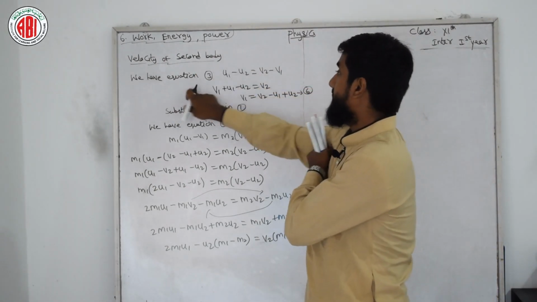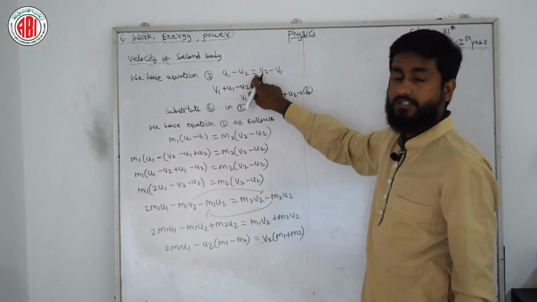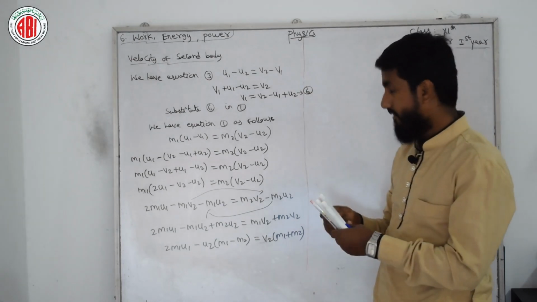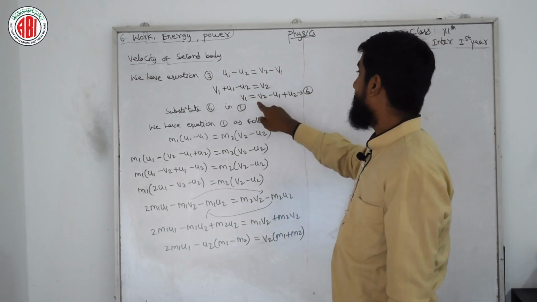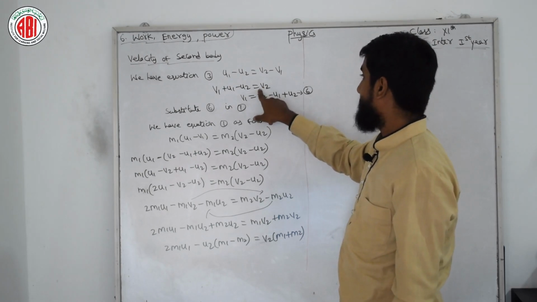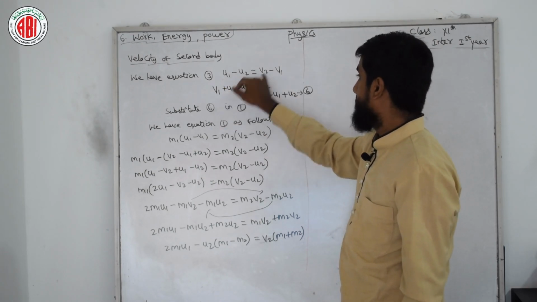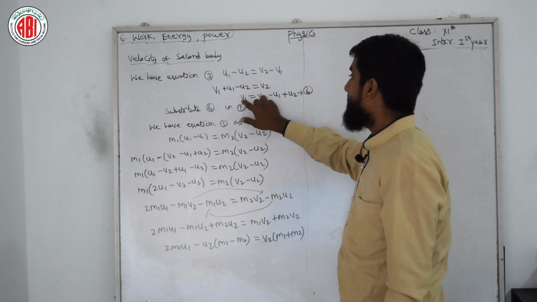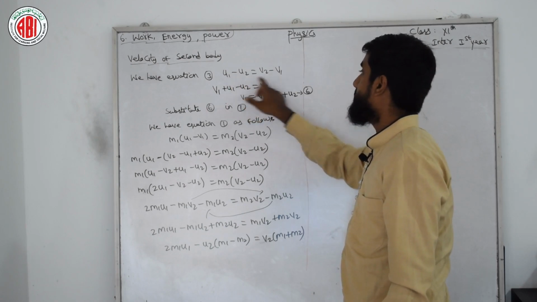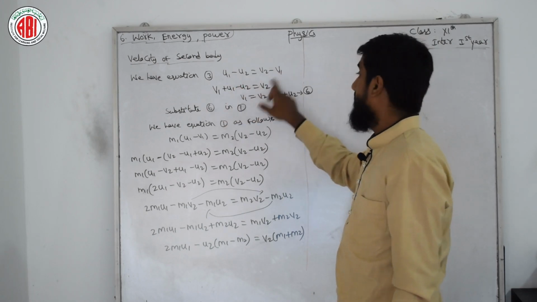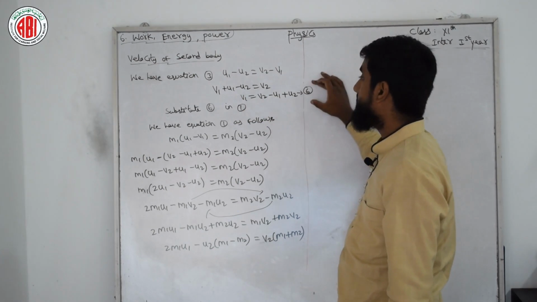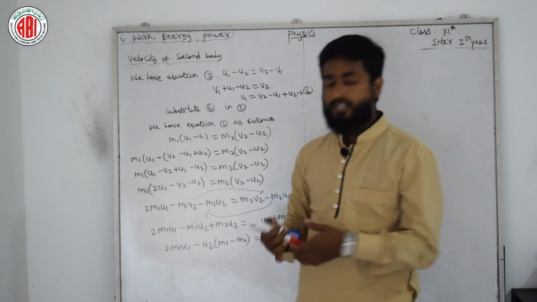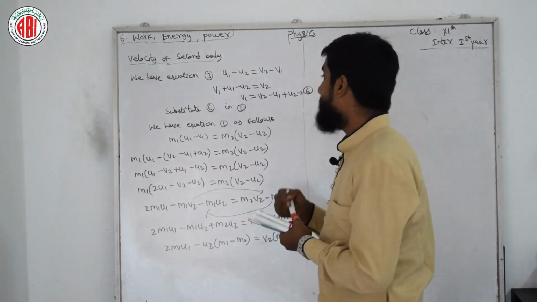Hope you understood till here, no need to explain once again. Now I just want to fetch the velocity of the second body. We have equation 3 with us: u1 minus u2 is equals to v2 minus v1. After that I want only v1, so I am keeping v2 as it is and sending v1 to that side, so it will become plus v1, that is v1 plus u1 minus u2 as it is. So u1 here is as it is, I am sending these two terms to that side, it will become minus u1 and plus u2. Equation number 6. Substitute equation 6 in 1. We have equation 1 as follows. I wrote equation 1 once again for practice.